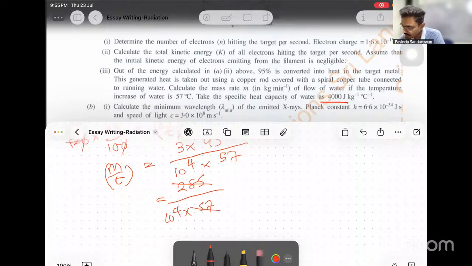This is exactly 57 times 5. Then this is 5 times 10 to the power minus 4, and this is in kilograms per second now,